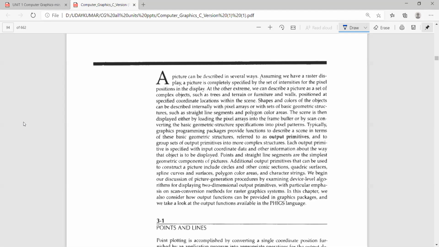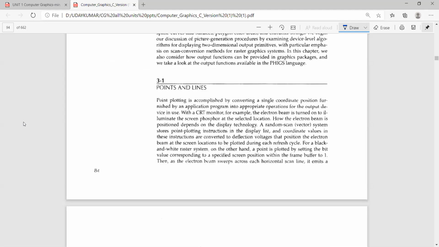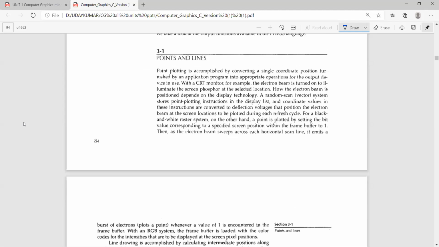Generally, output primitives can be used to display complex structures on the screen. So for displaying complex structures, we are going to use output primitives. In output primitives, our first topic is points and lines. So what is a point and what is a line? What is a point? We can plot a point